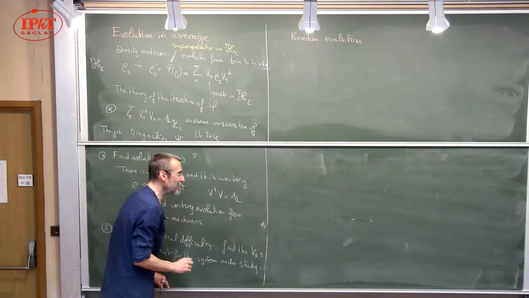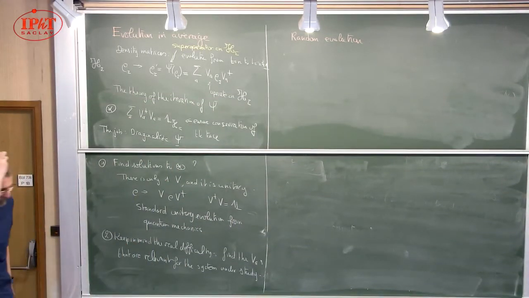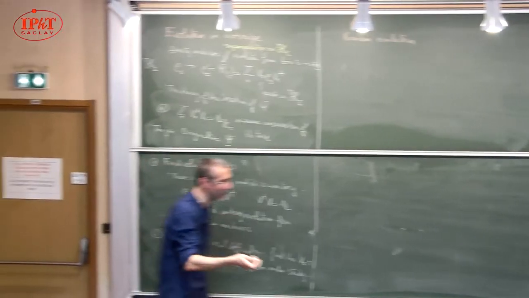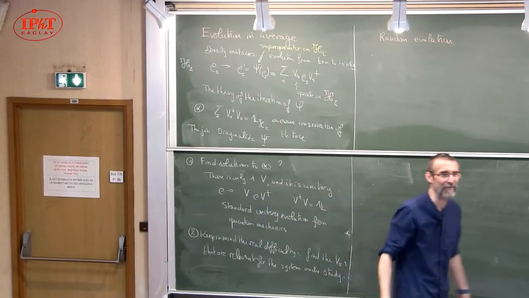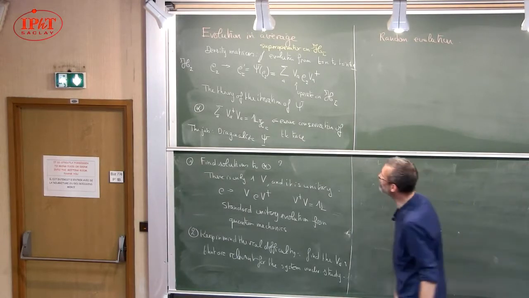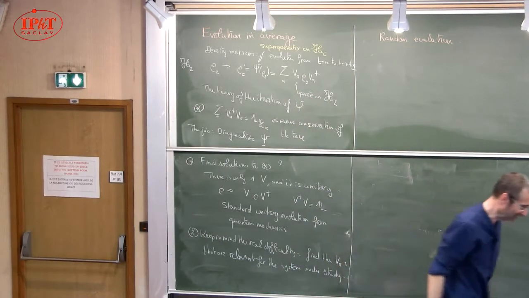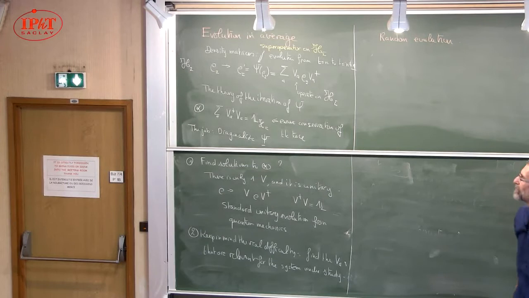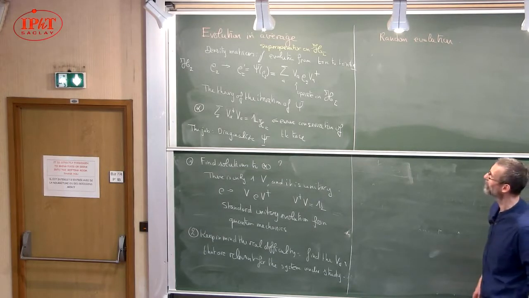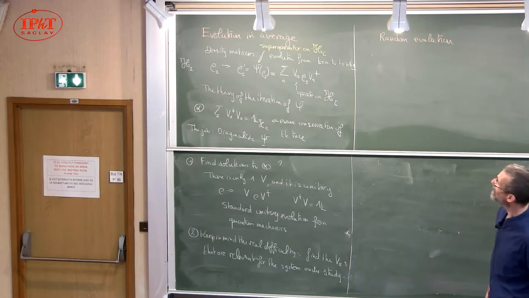So maybe we are not so much used to this today, but in the old days of quantum mechanics, finding the correct Hamiltonian to describe a system was a totally non-trivial task. And still today, finding the correct V's is a totally non-trivial task for Markovian open quantum systems. This is something you have to do.